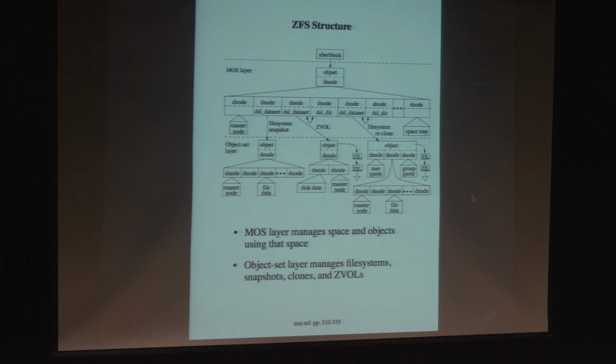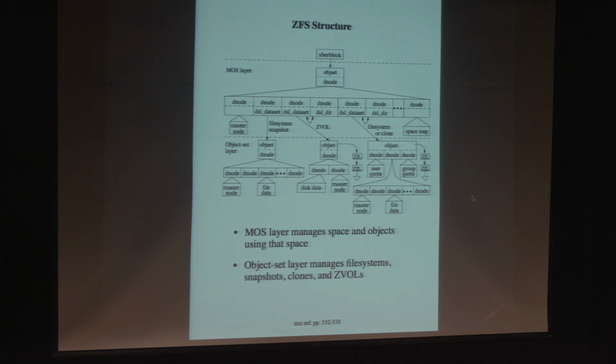You'll also see hanging off the side there a little thing that says ZIL. That's the ZFS intent log. Remember I said we had to have a log that tracked what was going on between checkpoints, and that is that log. Of course, each thing that can be modified has to have an intent log associated with it. Later, if we have to do a recovery, we first find the most current stable state of the file system, and then we walk through all these objects, and for any of them that has an intent log associated with it, we have to do the roll forward associated with that log.